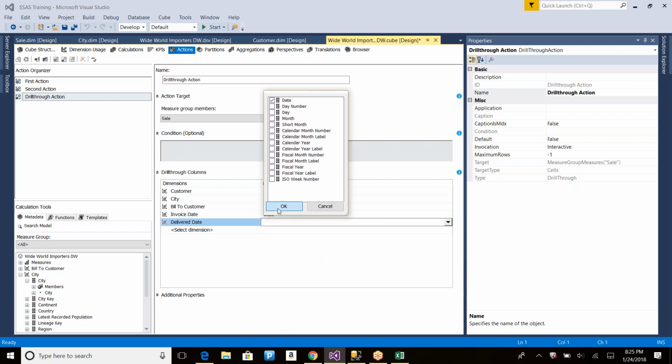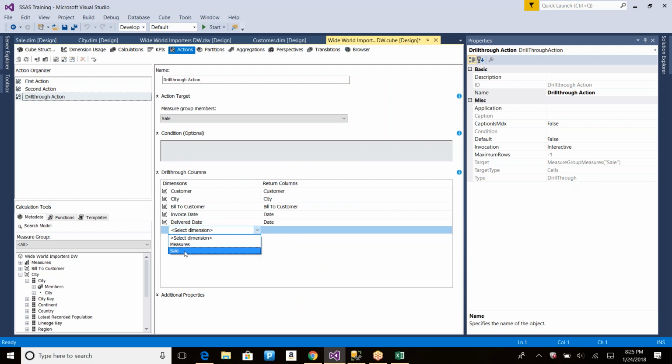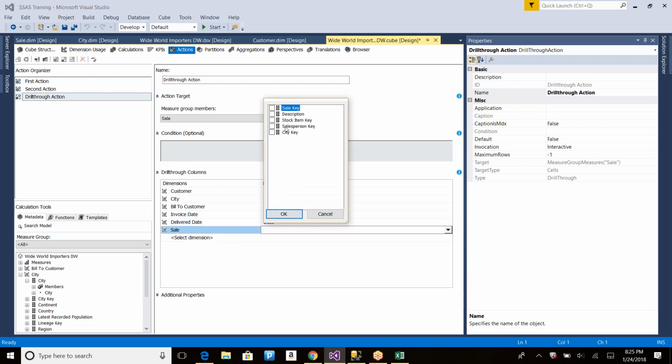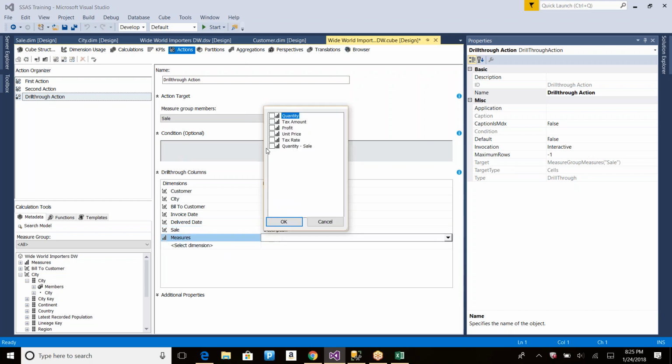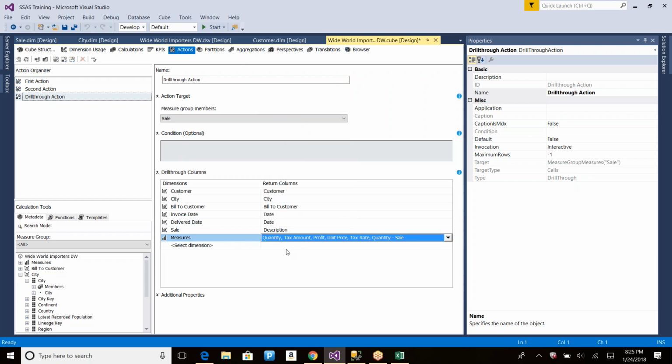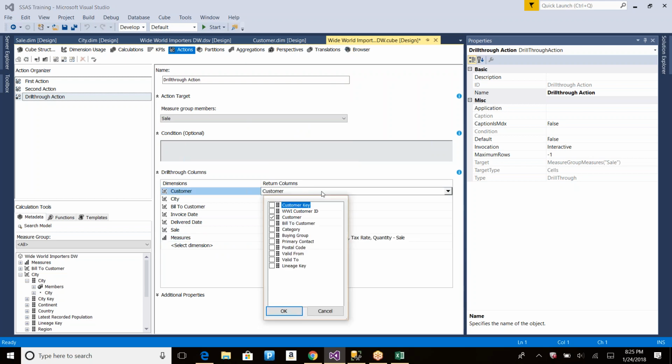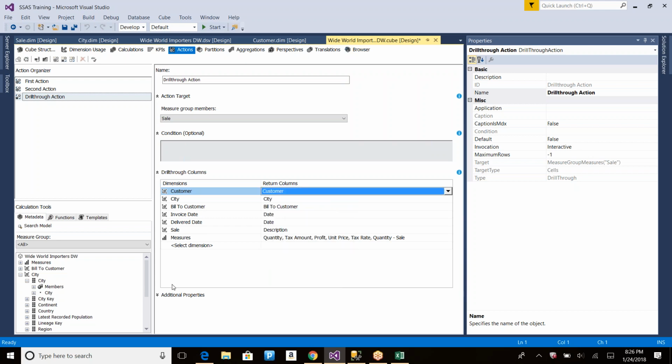You are setting the detailed information that you want to see, and you want to see the description, and you want to see the measures. You want to see what is the quantity, tax amount, profit, and so on. So once you set these columns that you want to see as part of your drill through, you can select multiple columns too. It's not one column only. It can select multiple columns from any dimension, and you need to select in the same order,